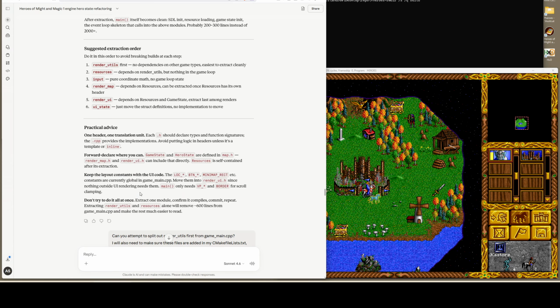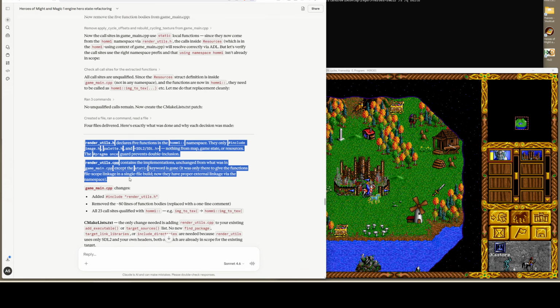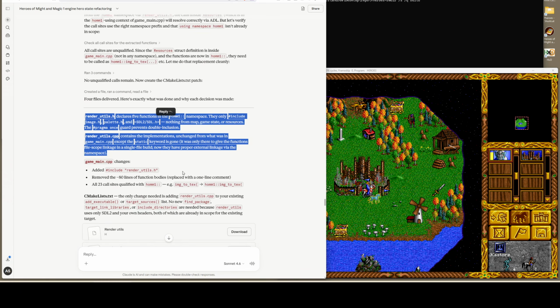And then I also have a CMakeLists, and as I break these files out, I need to make sure that the compiler knows about them and builds them correctly. So it goes through, breaks out render utils, and gives me a little bit of information about how to use them. I download these pieces, patch my CMakeLists file, and basically attempt to compile it, and I get